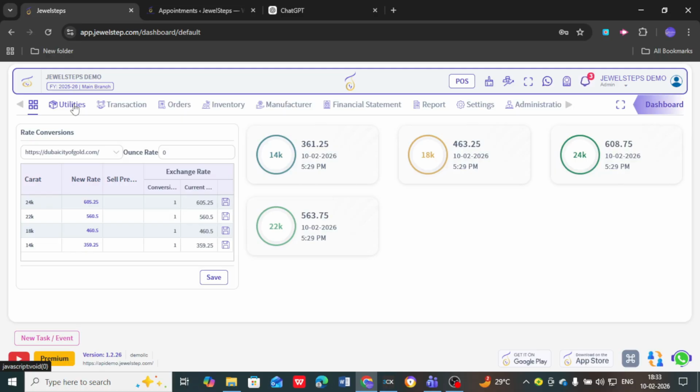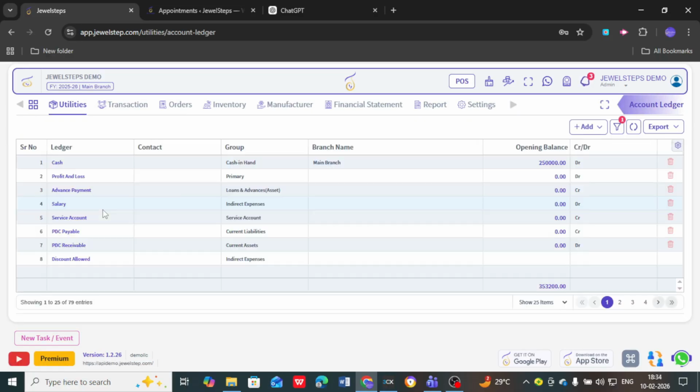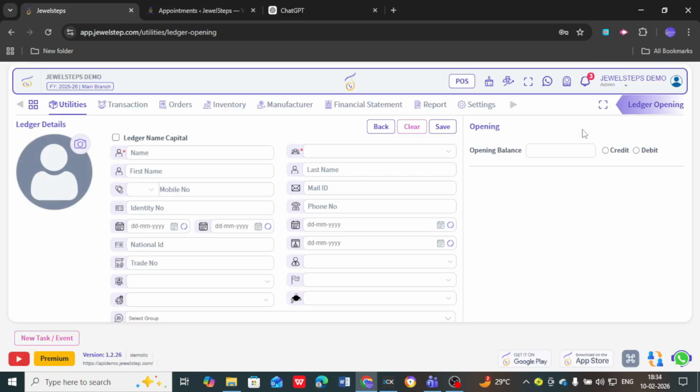Let's go. First, go to the Utilities tab, select the account ledger, then click on the Add icon. Once the ledger page detail opens, we will enter the ledger information here, like we can add the profile,